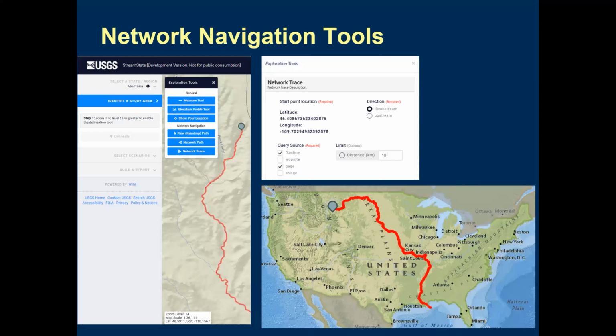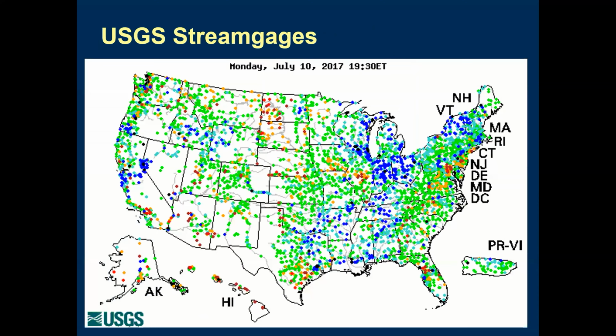You can also discover items along that route, such as stream gauges or water quality sampling points, or if they're in the database, bridges, bridge crossings, pipelines, railways, things that you can address to the river network that you can then later find through this network navigation. The other really important discussion here, and this is an old slide from 2017, is the USGS has